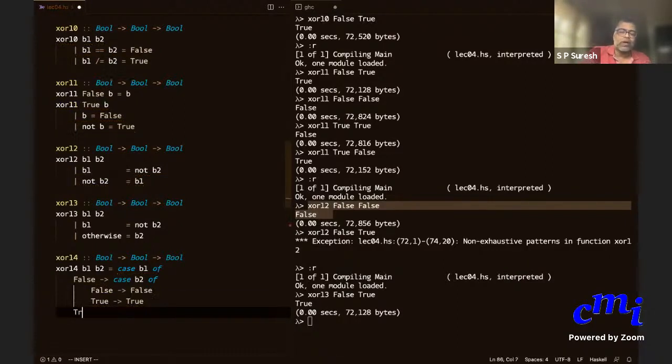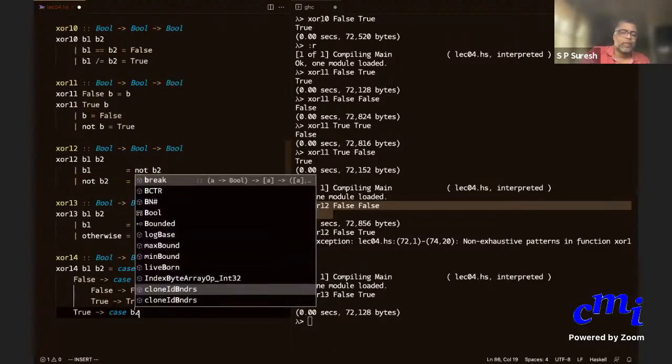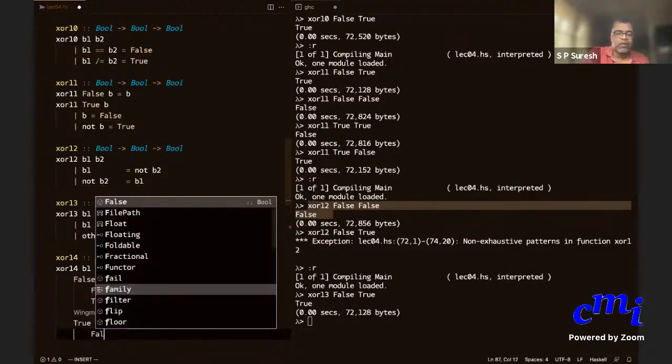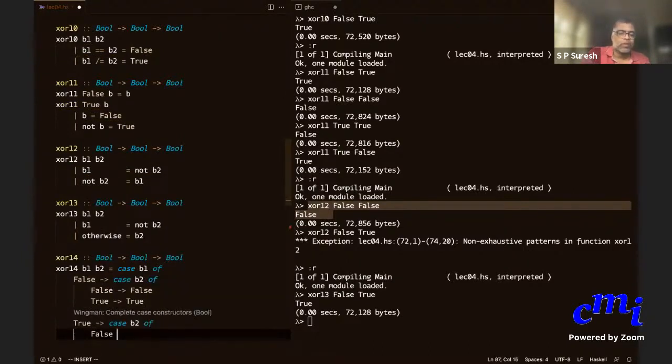Go back here. If the original B1 is true, then again you can say case B1 of B2 of, complete case constructor.